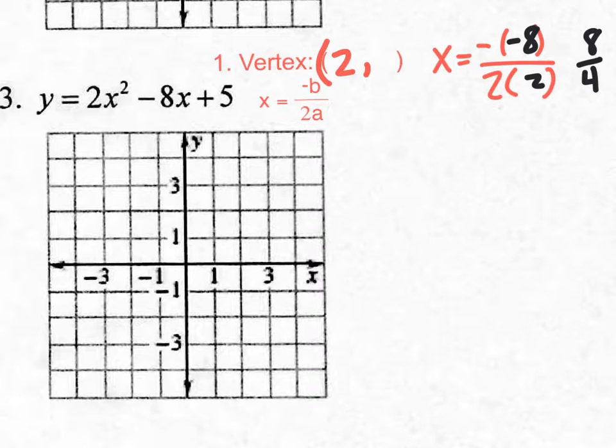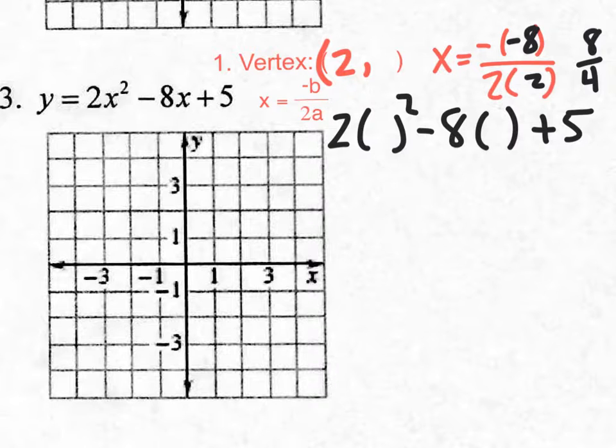I need my y value. How do I do that? I plug it in. So I want to take the x value of 2 and plug it in right here and right here. So I want to rewrite this equation down here, but I want to plug in 2 instead of x's. So I have my entire right side of the equation, 2x squared minus 8x plus 5 written right here, but instead of x's I put parentheses. And now I'm going to take the x value of 2 and plug it in to my x's